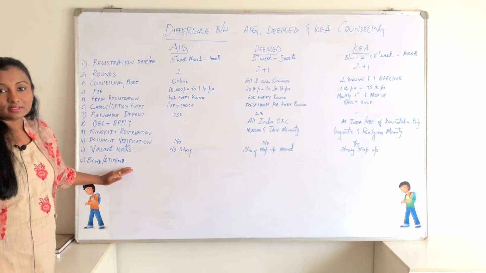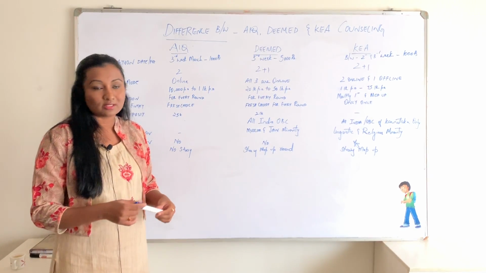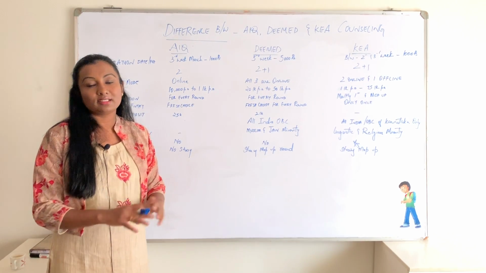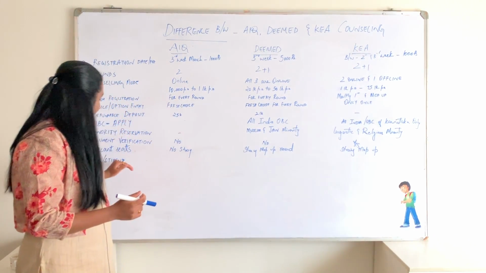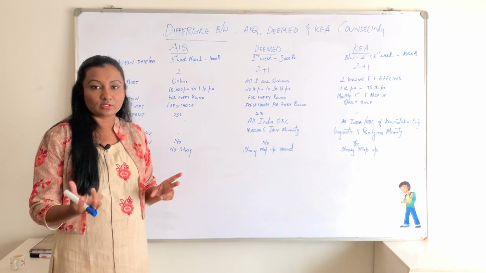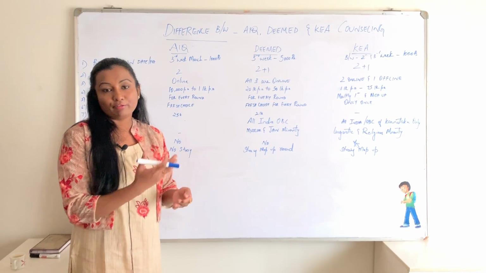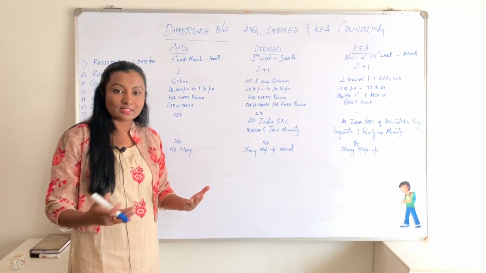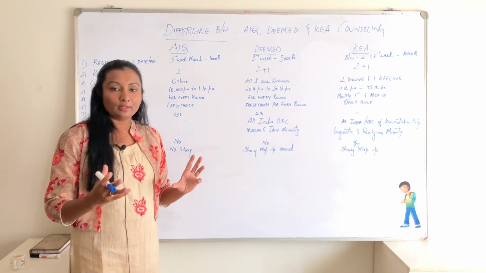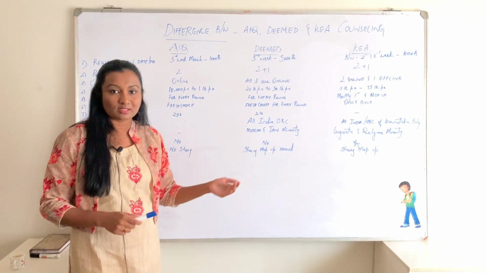Bond and stipend. This is one inquiry which we are receiving a lot from most of the PG students. Of course, if we start discussing bond and stipend, that takes an entire session, because stipend and bond vary from state to state and from college to college. Some colleges pay 25k as a stipend, some pay 40, some pay 30, some pay 50, some pay 60. So we cannot cover all 400, 450 medical colleges in India in this particular session. Probably in the next video we would like to discuss it.